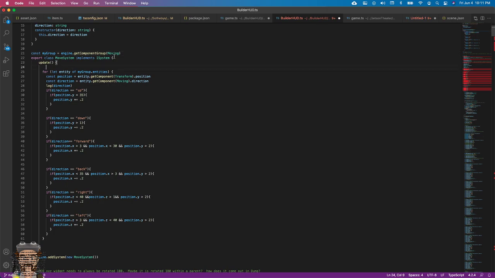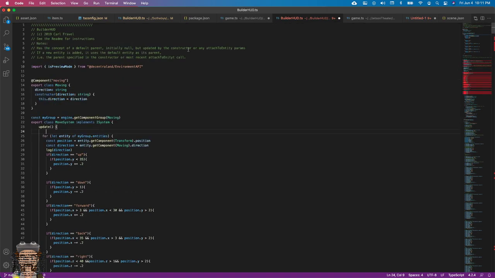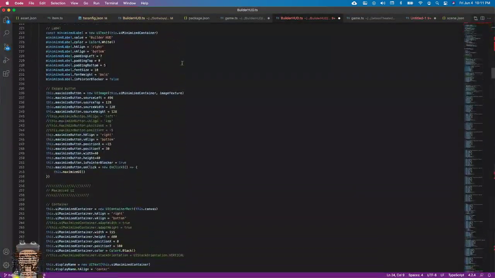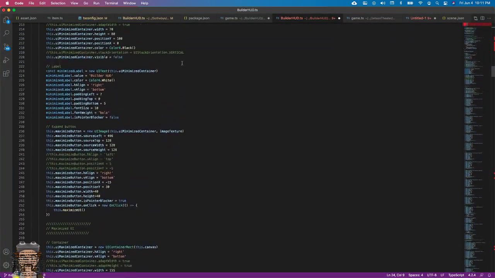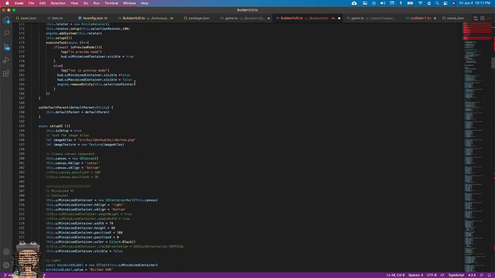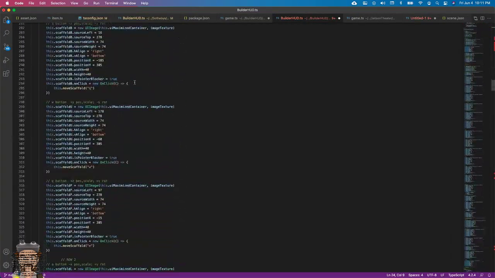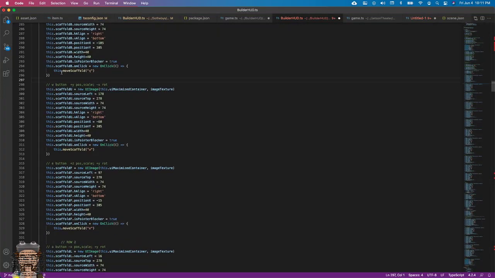Okay, so every time we click down on our button here, where's this at? Yeah, here we go. Every time we click down, move scaffold,